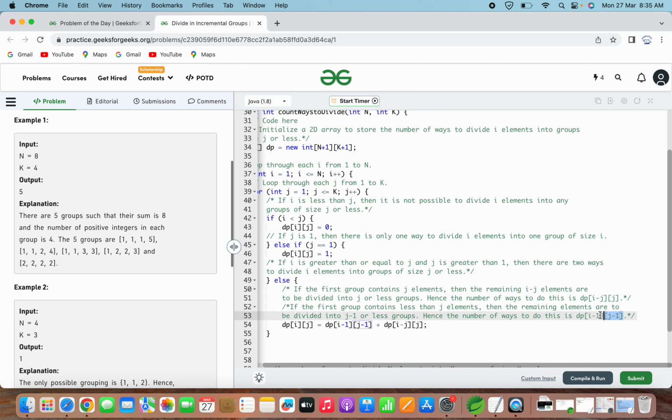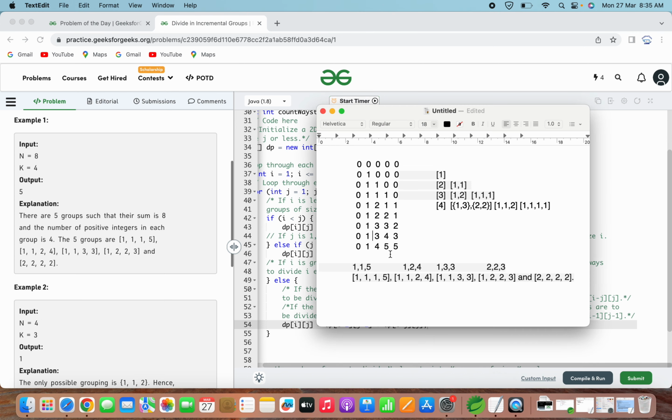So if you look at this, dp of i minus 1 and j minus 1, for n equal to 8 in the last iteration and k equal to 4 in the last iteration. So we will get 8 minus 1 is equal to 7 and j minus 1 is equal to 3. So that only we have taken here. Whatever value we have got for n equal to 7 and k equal to 3, to that we are adding something extra, other combinations whatever we have. So that size plus something extra.